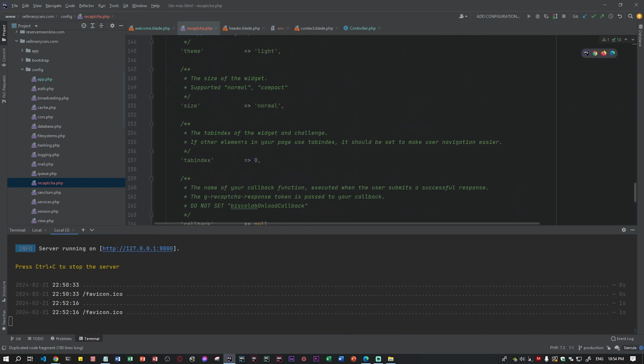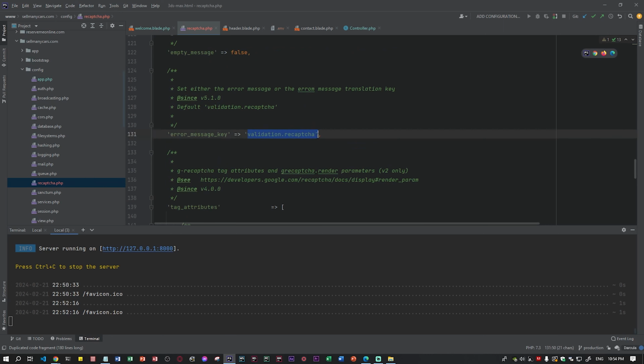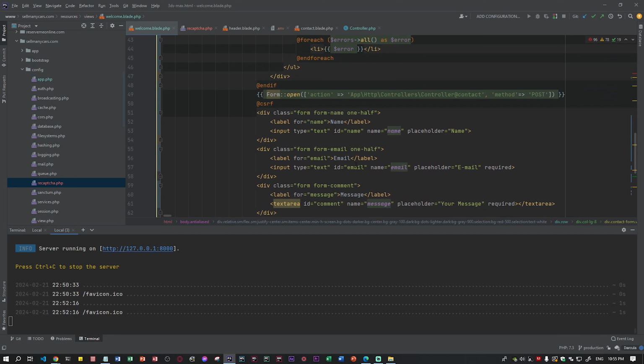So not the callback, it's, give me a second. So this one. So this is the very basic error message for ReCAPTCHA. So I'll be putting a ReCAPTCHA error. Please fill in. All right, just a basic message. So now the before last step you want to do is to add it on the